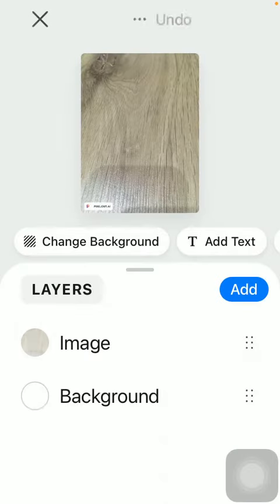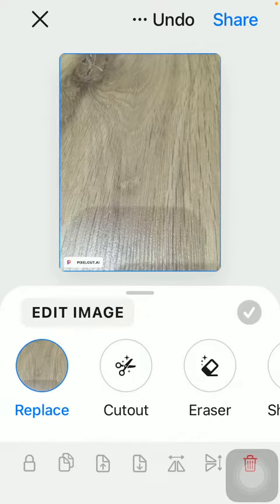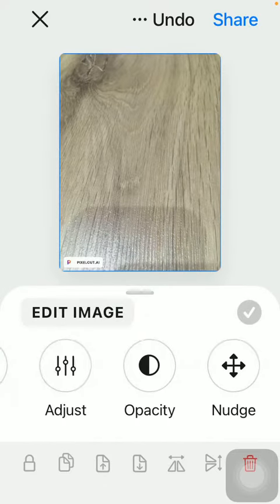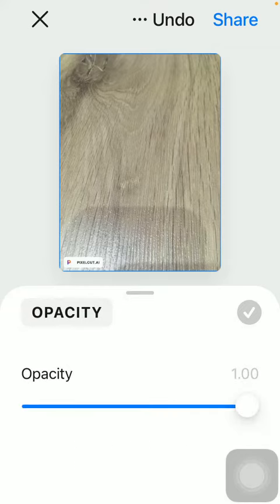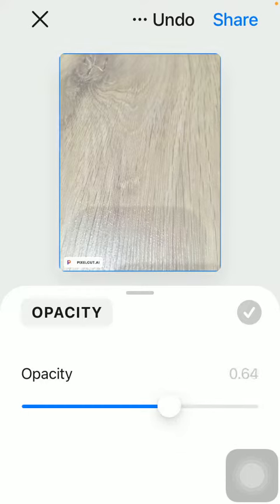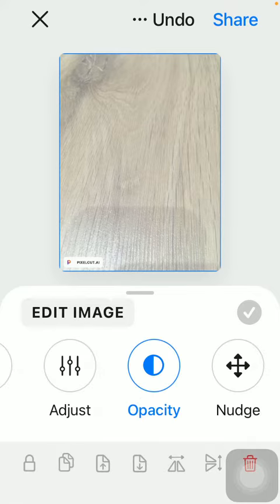After that you should tap on the picture at the top, slide to the right side until you find the opacity button, so click on it. And then you can adjust the opacity on this slide, so here you can see how it changes, and if you are done with it, click on the check mark icon in the middle of the screen on the right side, and then you will be able to